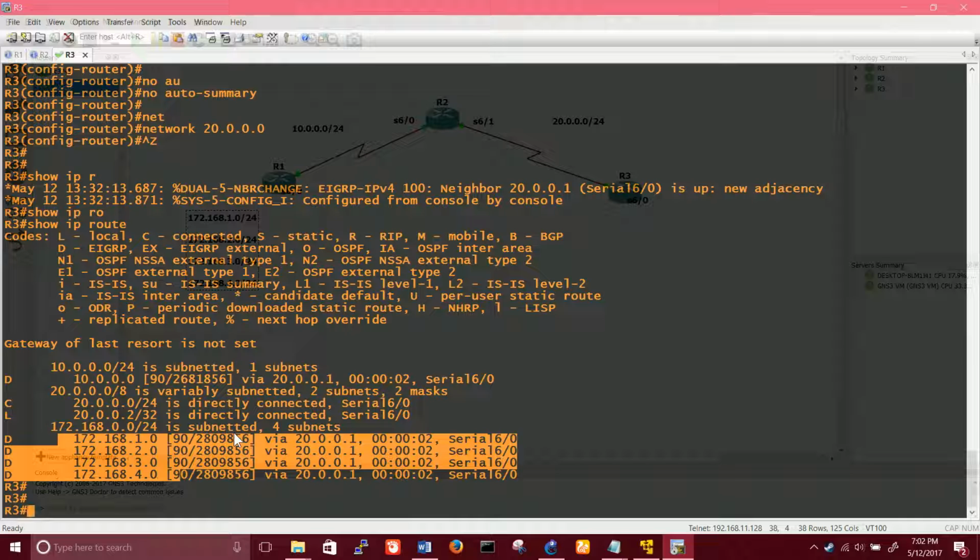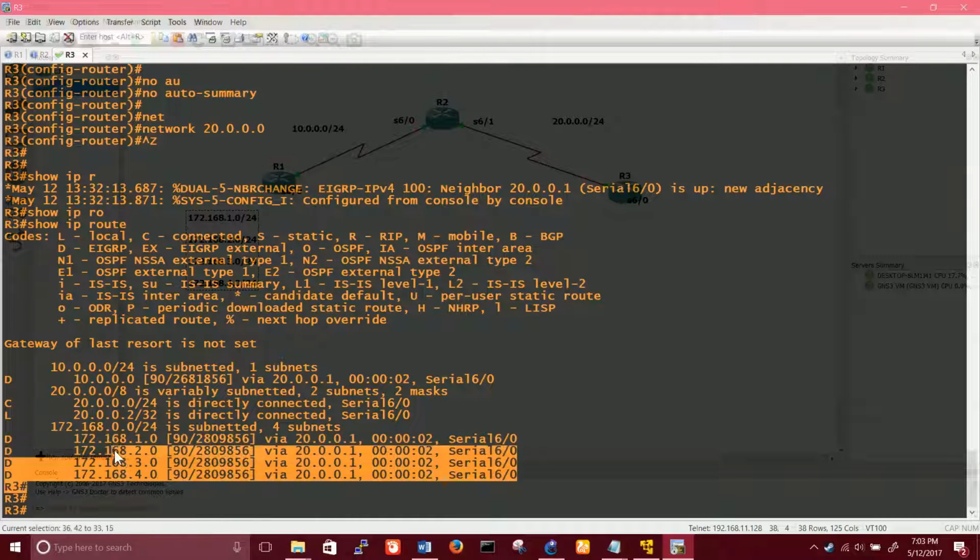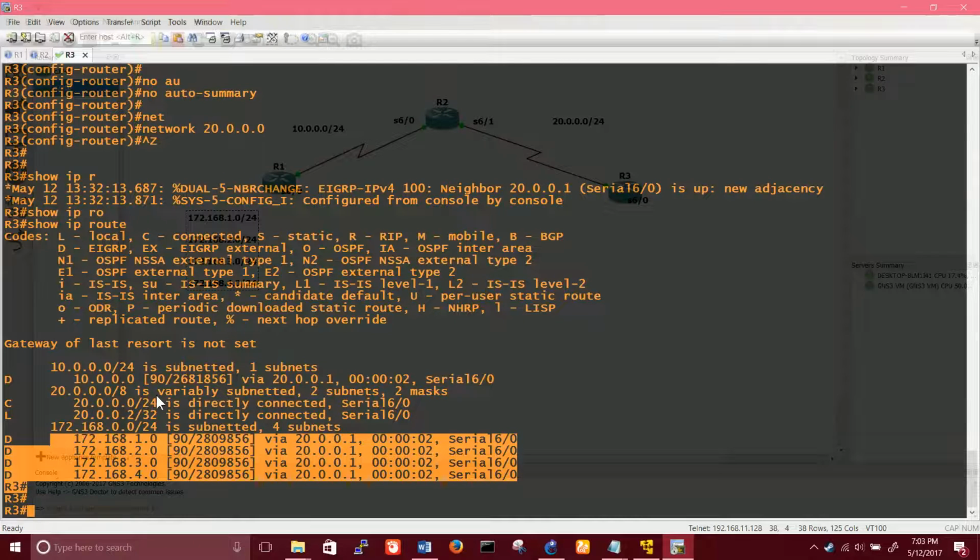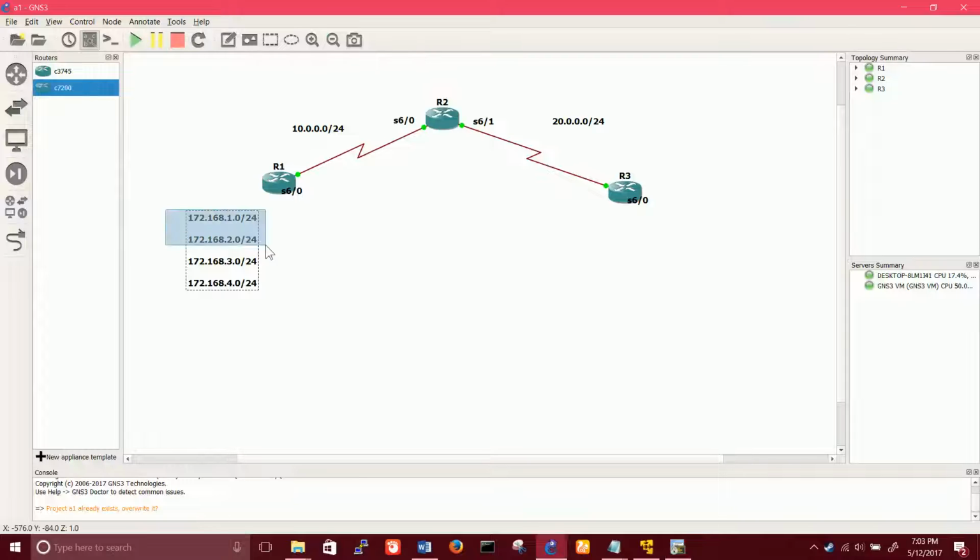Create the desired ACL, go to the interface, apply it. But for route filtering, you will first create a desired ACL, then go to the routing protocol, use the distribute list, and call the ACL there on the routing protocol. Then not your data, but the routes itself will disappear. And you can say whatever route you want. You can say I want to filter these two routes, the other one I want. It can happen. So first basic task will do what? We want to filter all these loopbacks.